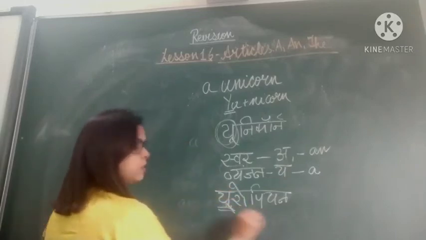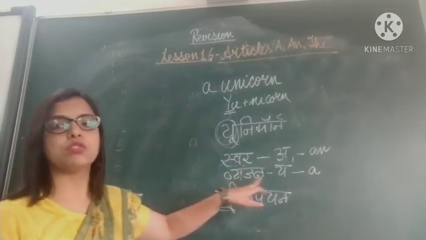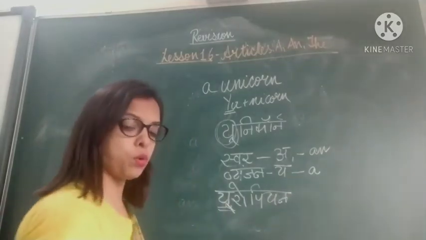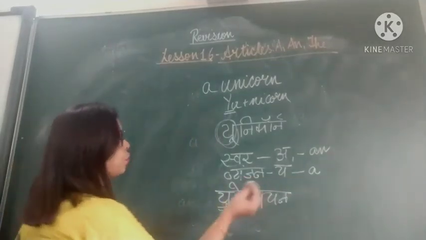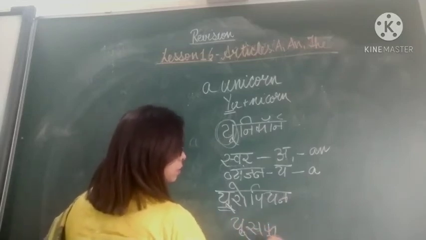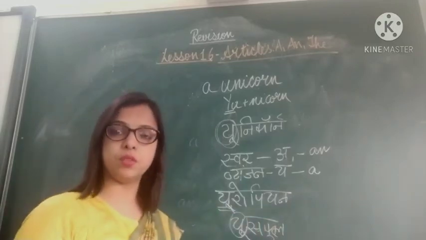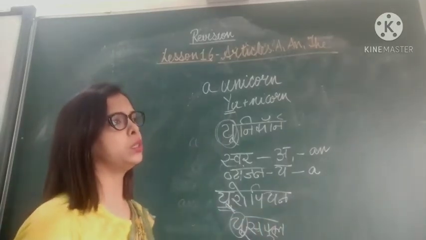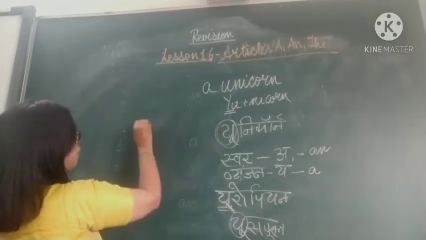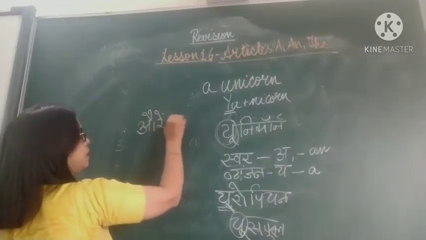Okay, again this is starting with ya, and ya is a vyanjan, so we will write a. And if I write useful, so useful will be like this: useful. Again it is starting with ya, ya is a vyanjan. Okay, if I write orange, so it is like this, no? If I write orange in Hindi,